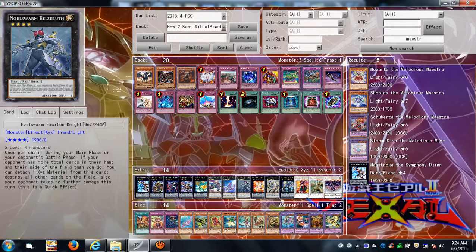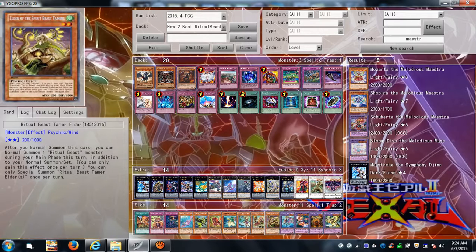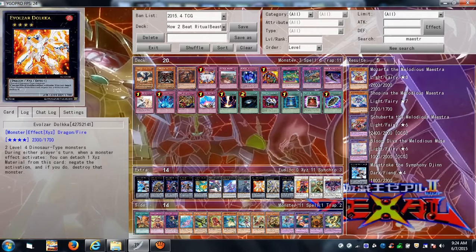He has 1900 attack, so that's pretty decent. Could run over most of the main deck monsters. Yevazar Doka, since a lot of these